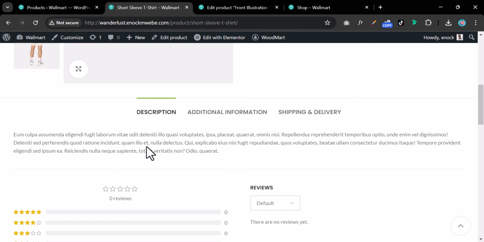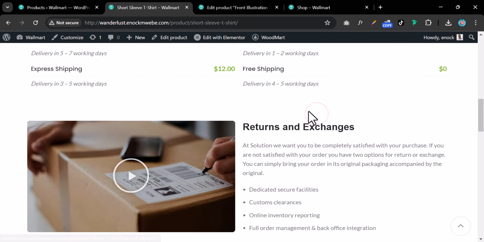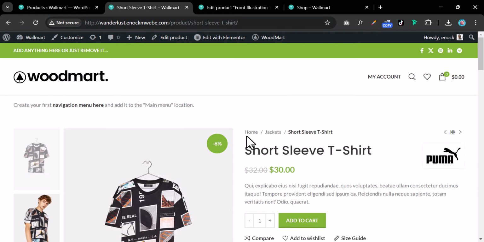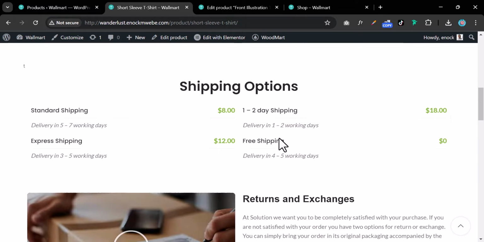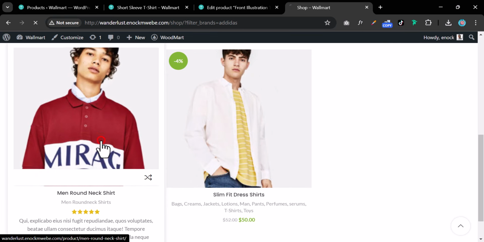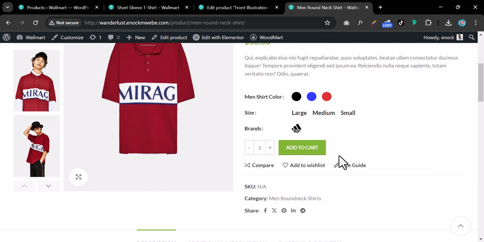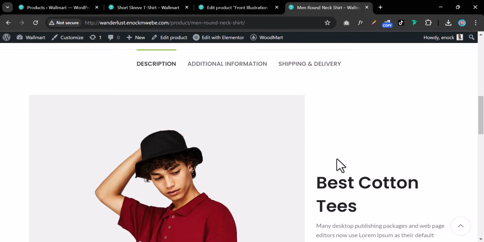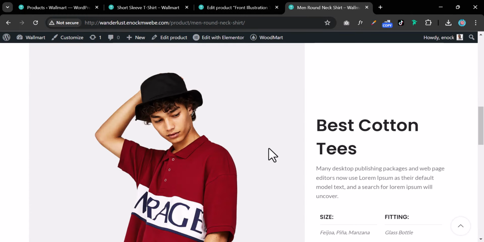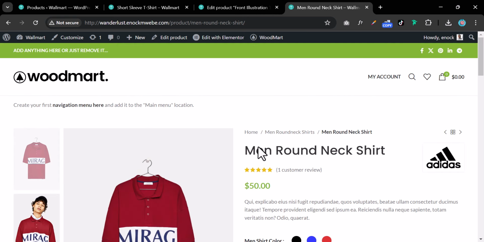But remember, the description we edited in Elementor only affects the product page that you've edited, but the shipping is enabled on all products. All right. So if we had to check out for example this shirt right here, the product page looks fine. We'll be adding more stuff to this page as we go on. Yeah, but now the first thing that I need to create after doing this is I need to start creating